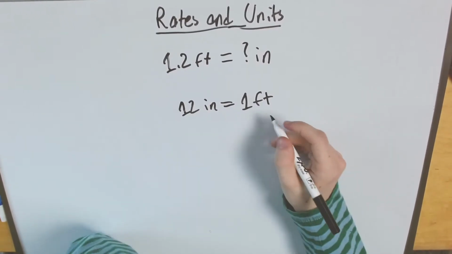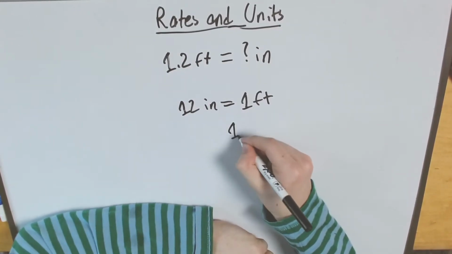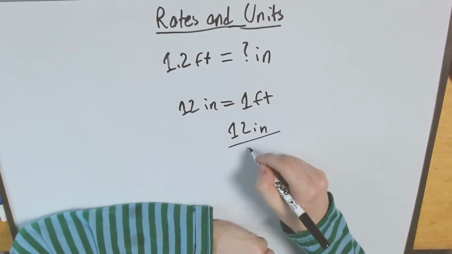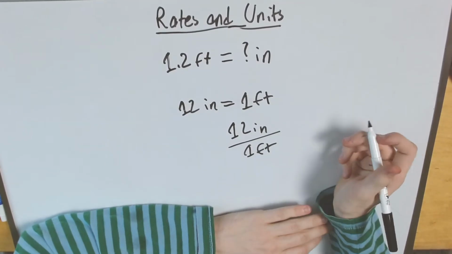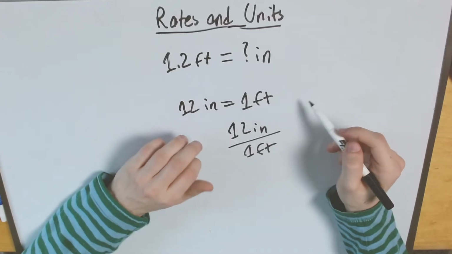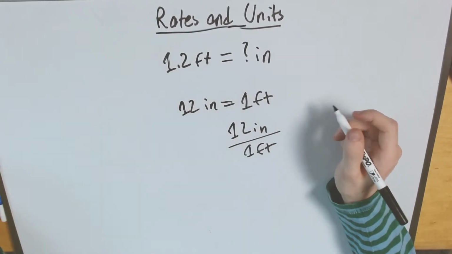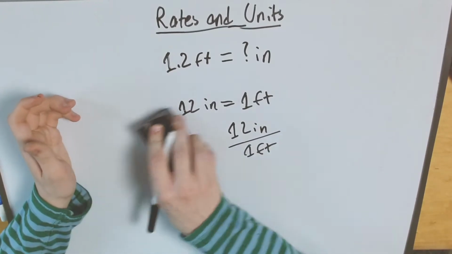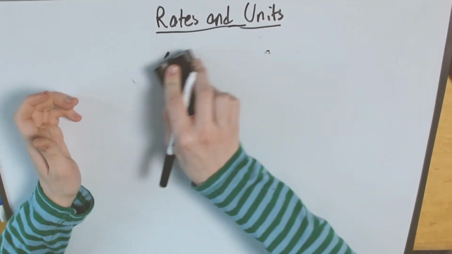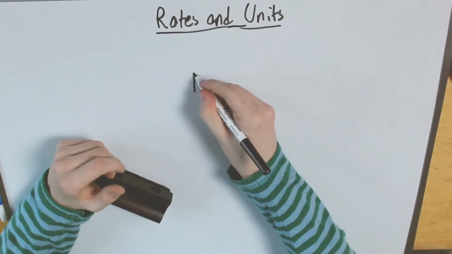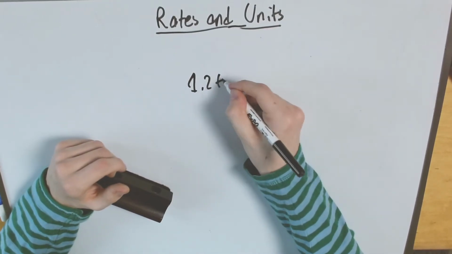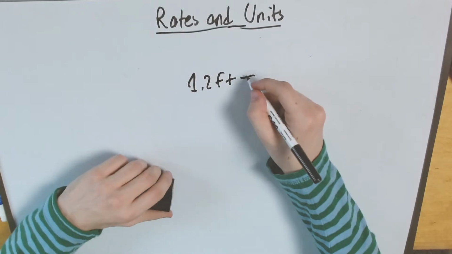So if I were to write the fraction 12 inches over 1 foot, it'd be 1, because they equal each other. That means they would be able to cancel out to become 1. So if I were to multiply 1.2 feet